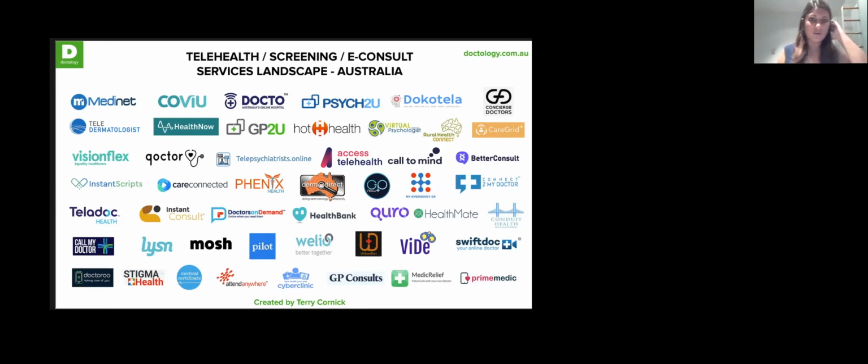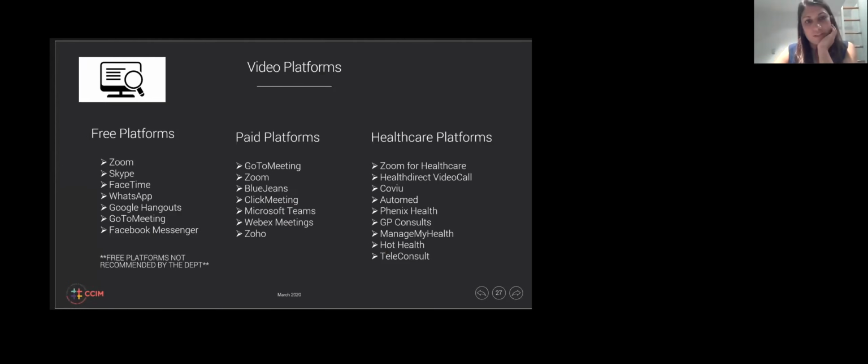So let's just move on. What platform? Lots of people are asking me this. Now, the department have very much emphasised today that they do not really recommend using free platforms. We have an issue with some of them. I mean, you don't know if they're encrypted end to end. We also have an issue with ones that aren't Australian, where they store data and obviously patient health information. There are regulations about protecting that data and making sure it stays in Australia. And if you're exchanging information on any of these free platforms, we don't know where that information goes.